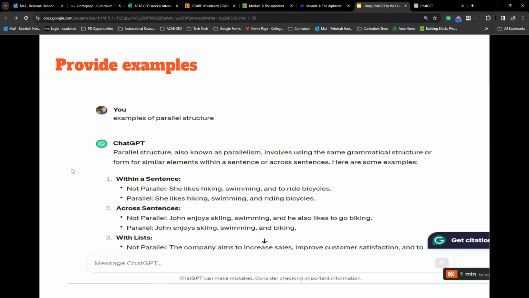So I kind of compare this. In my program, we also utilize IXL, and IXL is a really neat program that I think practices skill-based. You can find pretty much any skill that you need. So parallel structure is one of the lessons in there. But the problem is not all programs have IXL, and it can get a little expensive. And sometimes IXL, it's not exactly the way I want it. It's not exactly worded as the test, or it's not in the same format or the structure that I like. So I'll come here and I'll just ask them for examples, ChatGPT that is.